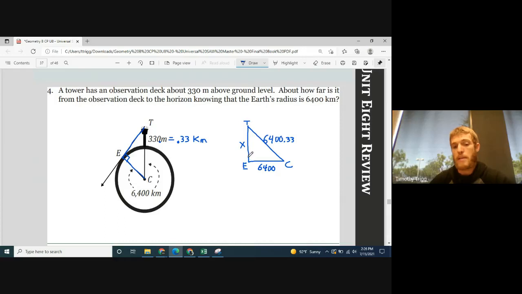Now, when we're finding a missing side length of a right triangle, how do we find that? Well, we can use the Pythagorean theorem: a squared plus b squared equals c squared. Now the c is always the hypotenuse. So the c that's over here is the hypotenuse of our triangle. It's always the longest side. So in our case, c is going to be